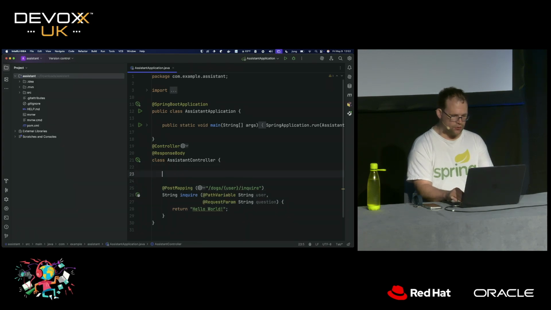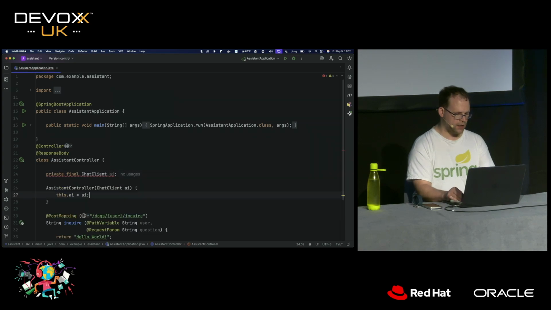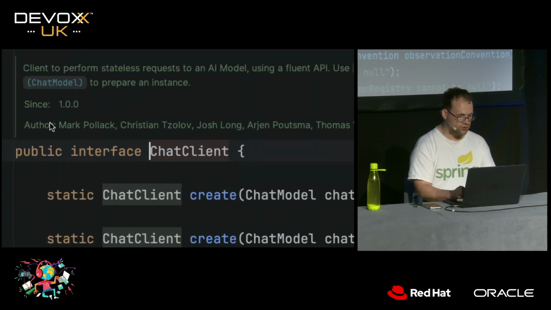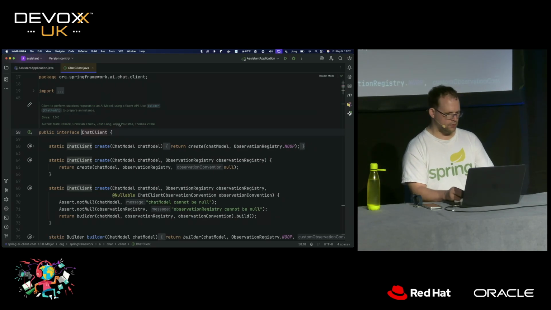Okay. In order to answer those questions, we're going to use Spring AI's chat client. Now, I love the chat client, right? This chat client is a huge deal. I'm a big fan of all the people that worked on it. I believe it's going to be really great code, huge, really well done, really, really well done.